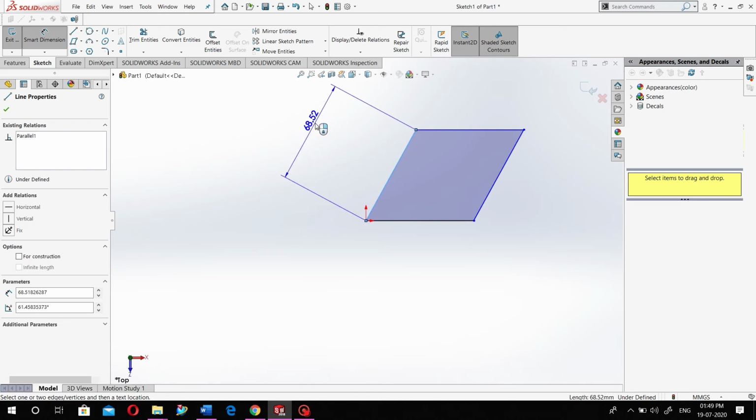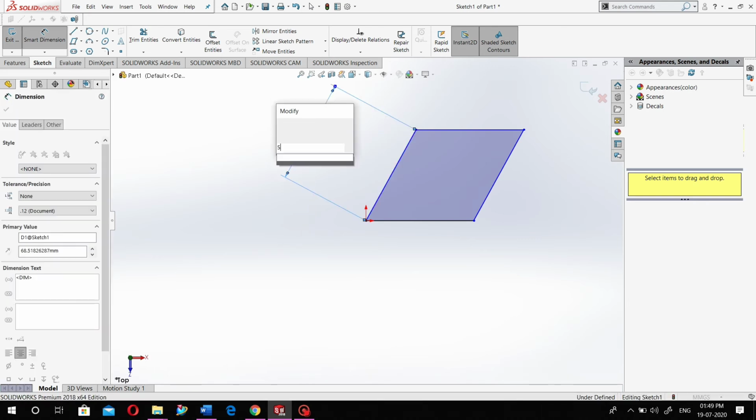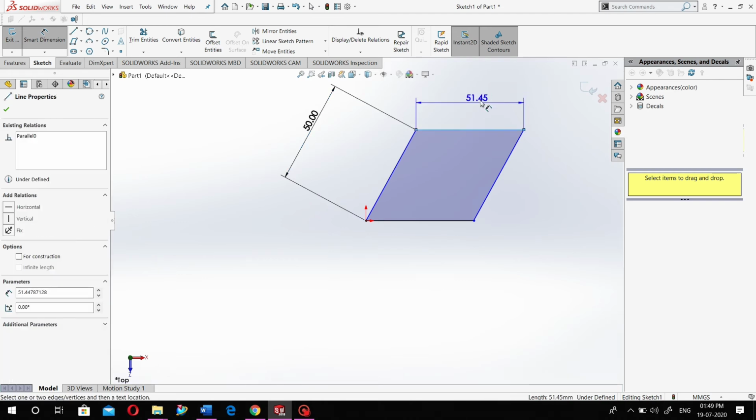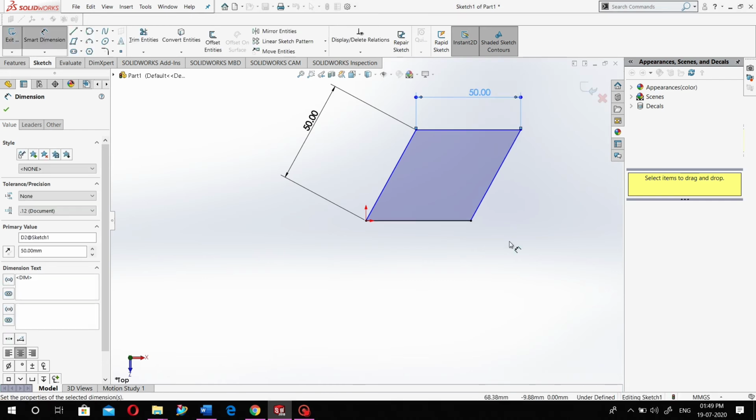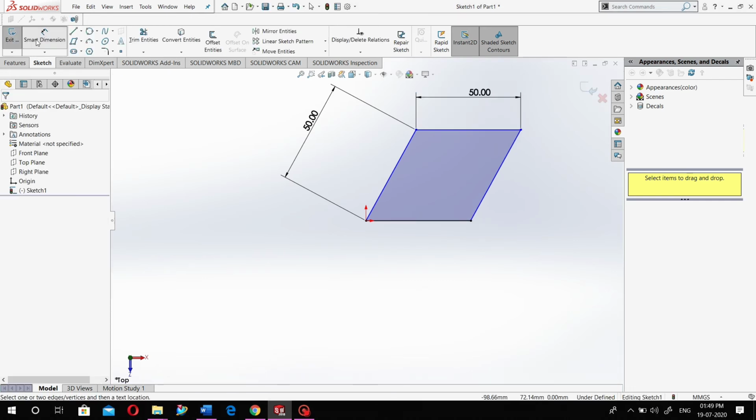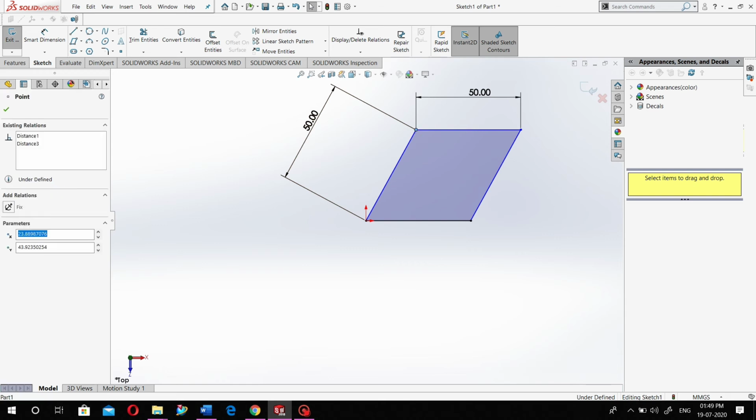You have to give dimensions to the parallelogram sides, let's give it a 50, then give it also a 50, and let's give a dimension to the angle.